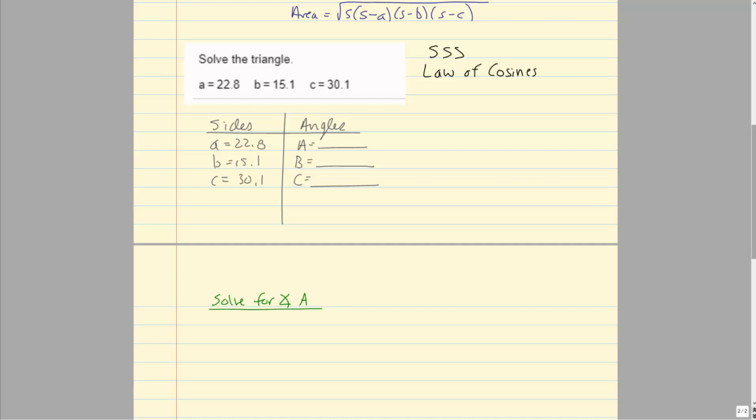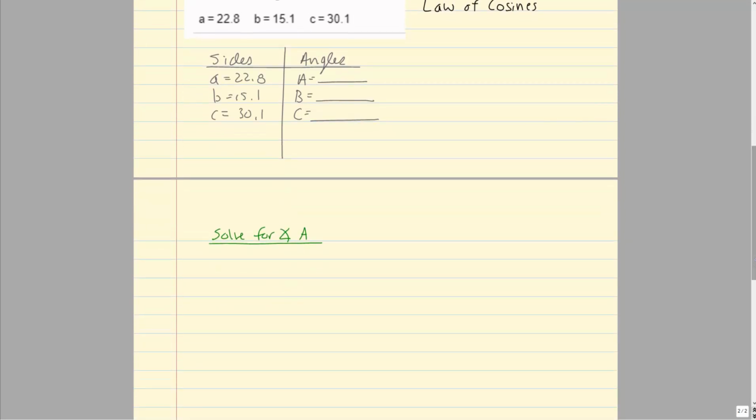Okay, so if we solve for angle A, the formula I'm going to want to use has to start with an A over here. So a squared equals b squared plus c squared minus 2bc cosine of angle A. Now angles are capital. So let's plug in what we know. We know a squared is 22.8 squared, quantity squared. b squared is 15.1 squared. c squared is 30.1 squared minus